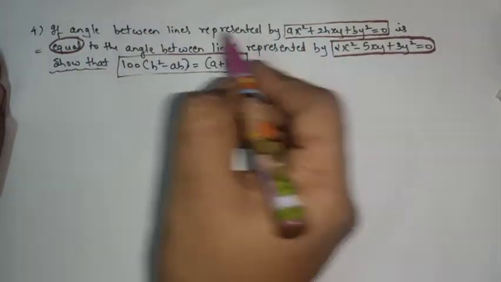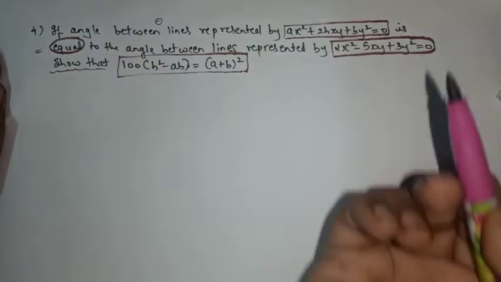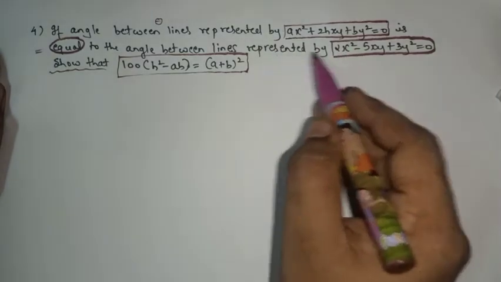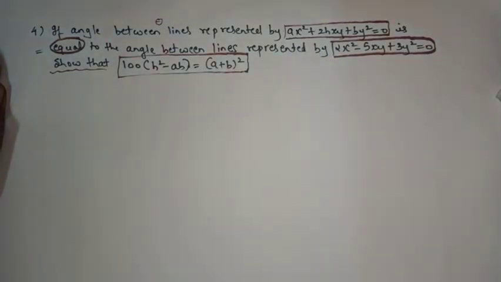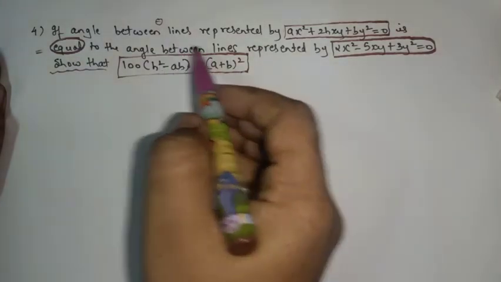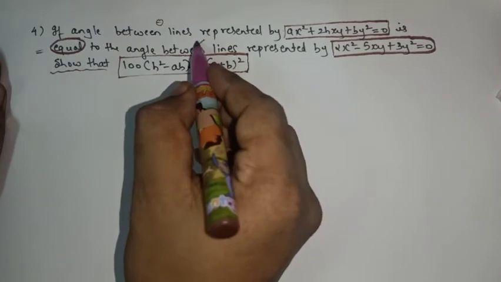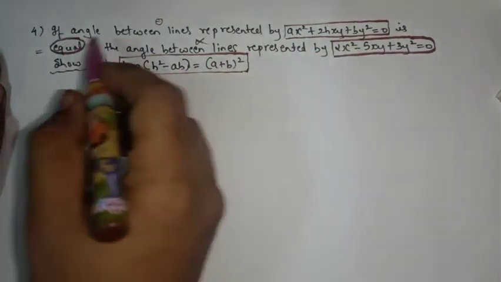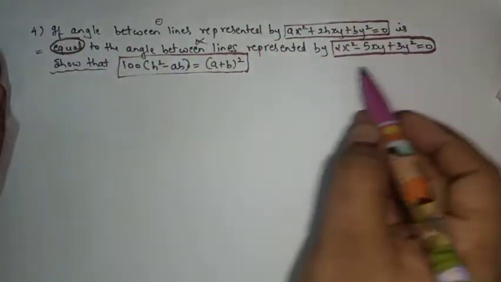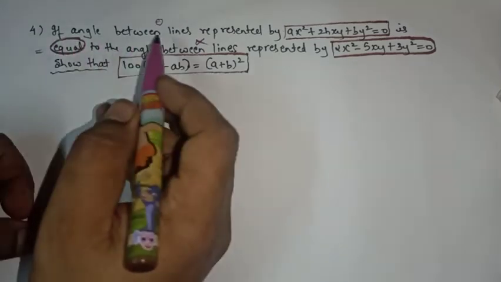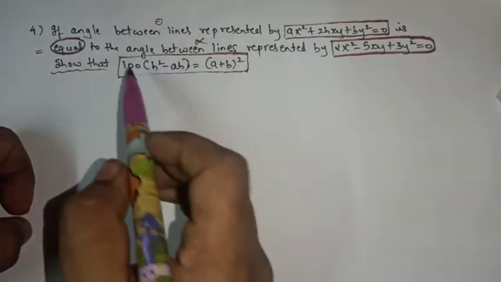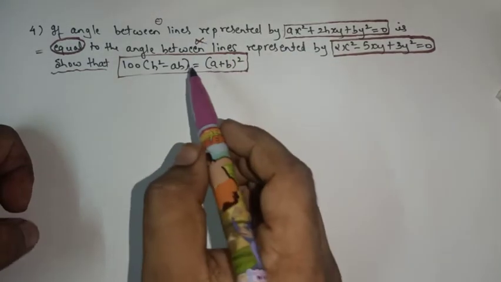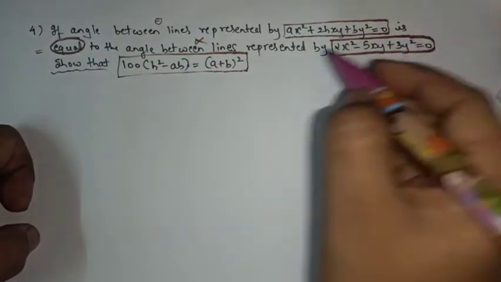So we'll consider the angle of this line to be theta. And I don't know the angle of this line also, whether it is 30, 40, 50, 60, 70, 80, I don't know. So for this, we'll take the angle as alpha. So let the angle between this line be alpha. So from the condition, the angle between the lines represented by this is theta, and the angle represented by this equation is alpha. So here clearly I can say that theta is equal to alpha.